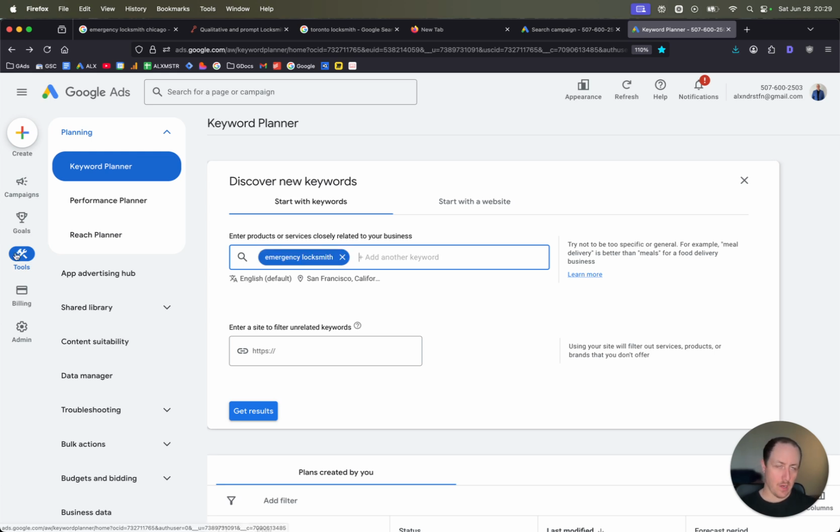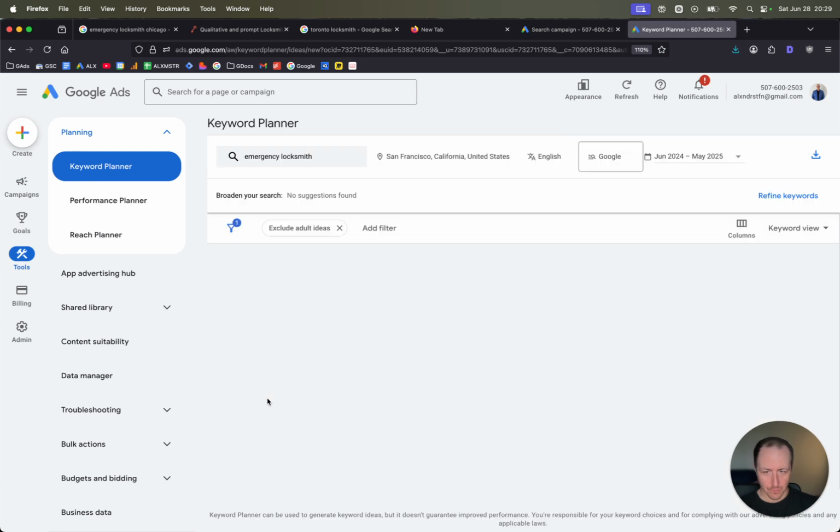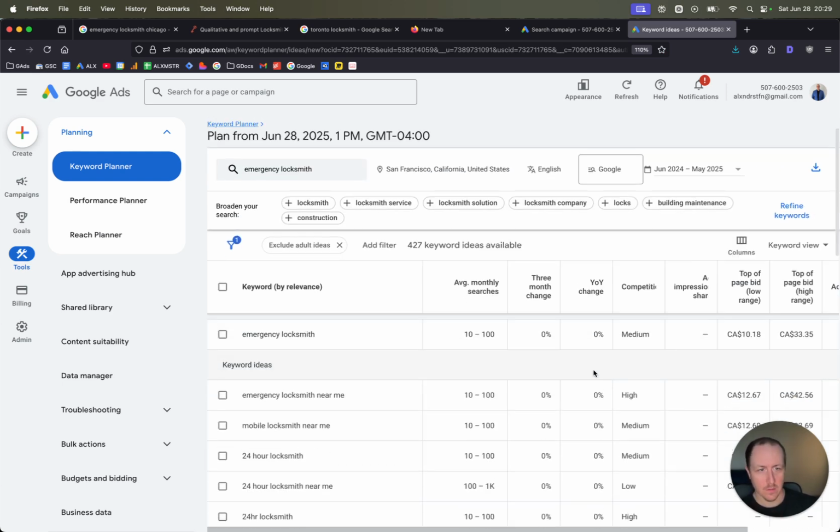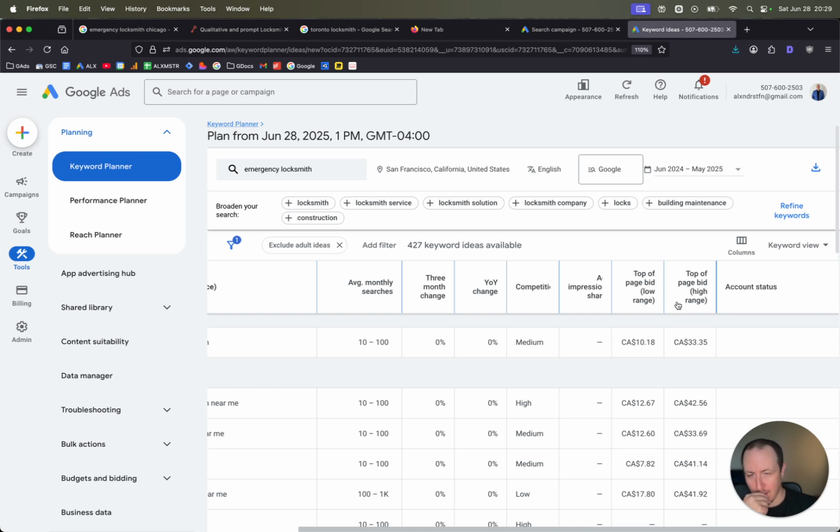Now you want 10 clicks per day, because that, especially at the start, should get you about 1 or 2 calls per day. Maybe 2 every other day, for example. Click get results. And how you determine that is, and it's not going to be cheap, right? In a lot of areas, it's just not going to be cheap. 10 to 33 bucks. You obviously don't want to be paying $33 per click. 10, you're not going to get the best customers. So somewhere in between,